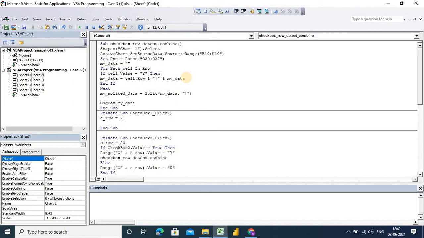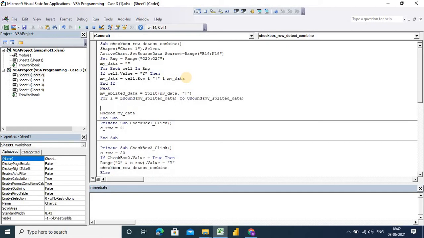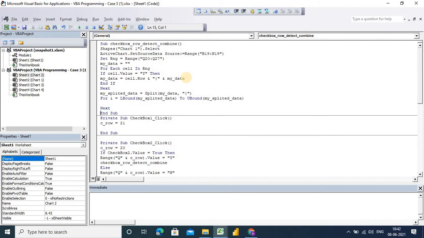Now again I will use a for loop with LBound. So first position to last position: LBound means the first position of the splitted array, and UBound means the last position. Now I don't need this. Now how can I apply this here?